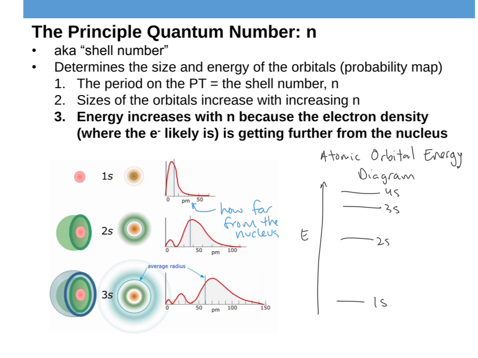As the principal number increases, your energy increases also, right? So they correspond. The larger the principal number, the larger the orbital, the larger the energy of that orbital, whether it's a 1s to 2s, or a 2p to a 3p. That principal number, the number in front of the orbital, means that you're going to get further away from the nucleus and higher in energy. And that's basically what the principal number is telling us. It's the first sense we have of how much energy an orbital has.